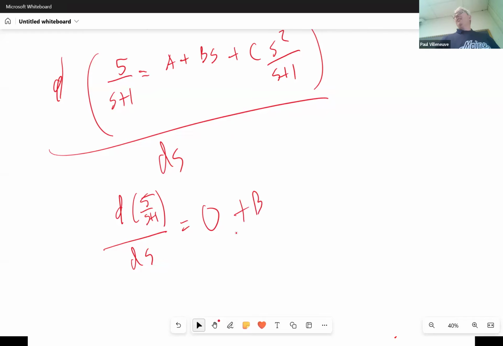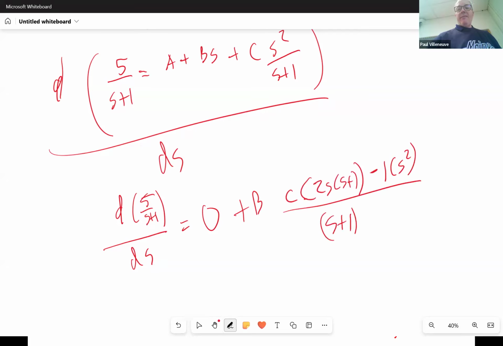That goes to B. Well, let's go ahead and write it all the way out. So we've got C as a constant here. So it's the derivative of the numerator times the denominator minus the derivative of the denominator times the numerator over